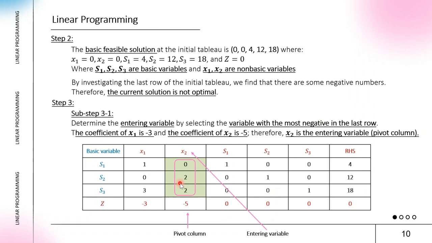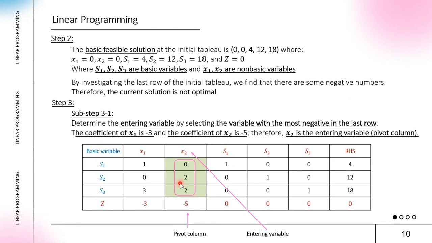Step 2, optimality test. We evaluate the initial table, and as I said, because the last row, or the objective function row, contains negative coefficients, the current solution is not optimal for a maximization form of the optimization problem. And we must identify the entering variable